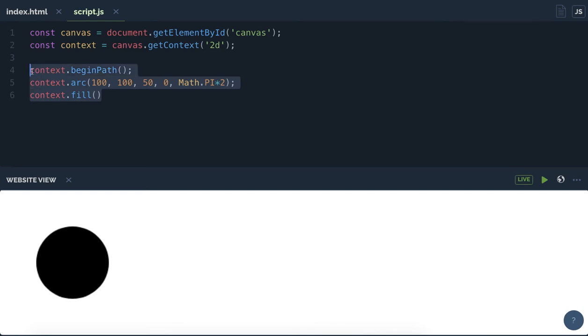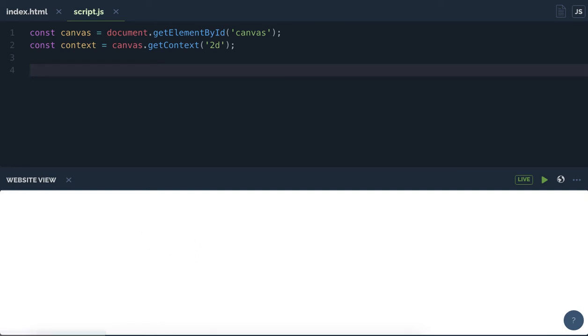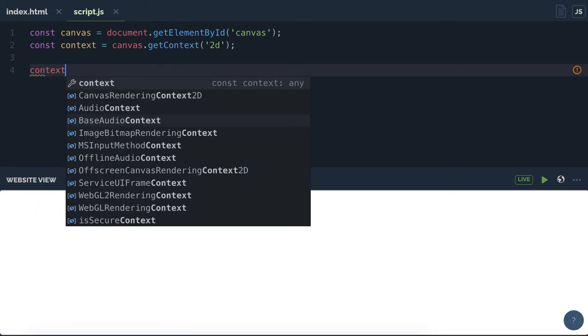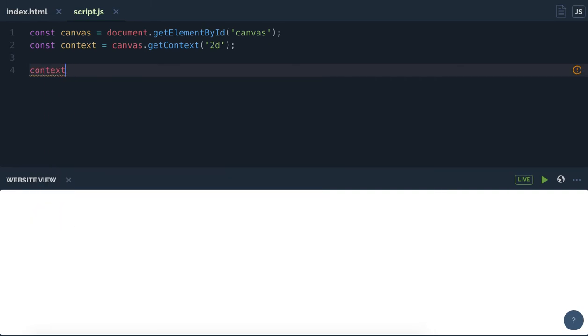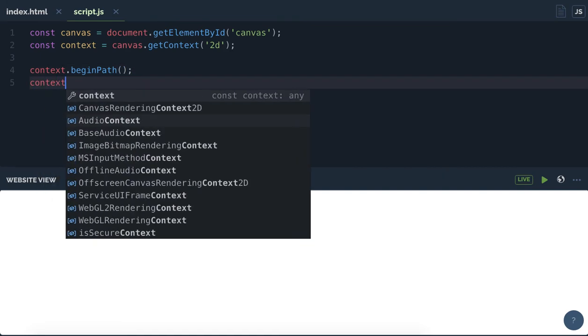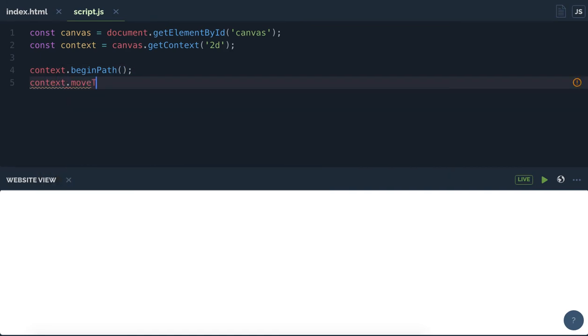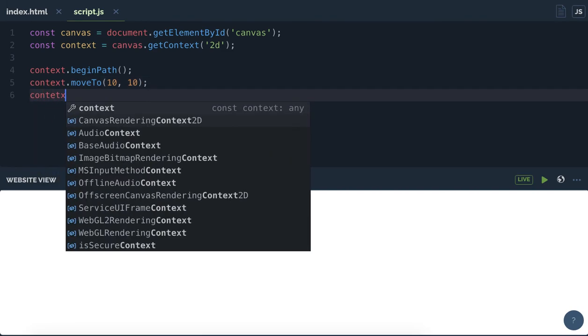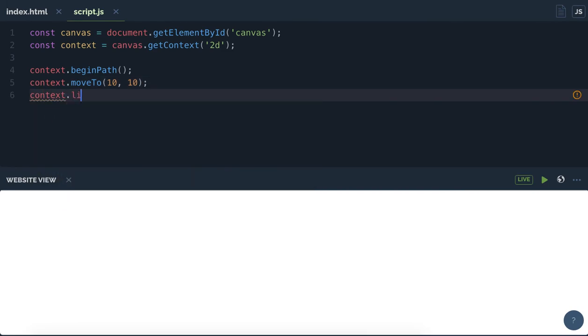So let's say you want to create a view like a barcode, with multiple vertical lines. Let's see how we can do it. We can use the same thing: context.beginPath, and then context.moveTo, let's say I'm putting a starting position as 10 comma 10, and then context.lineTo,